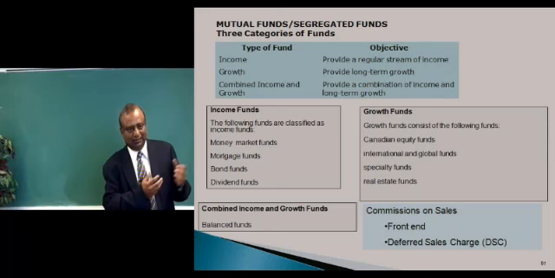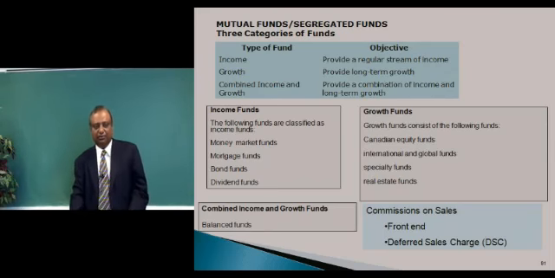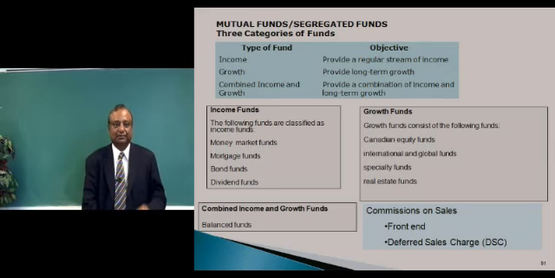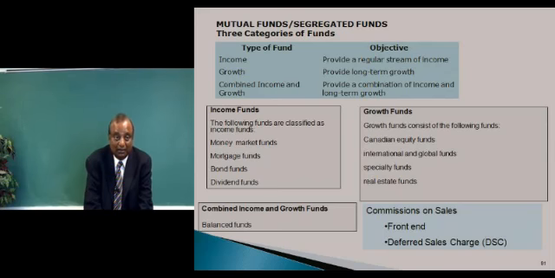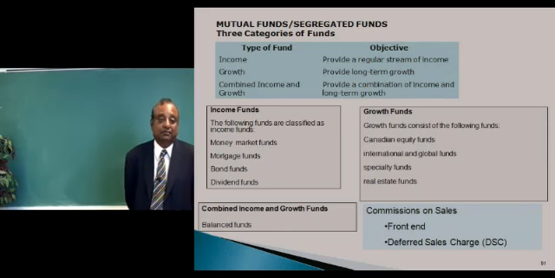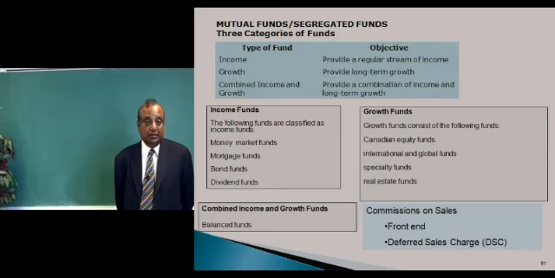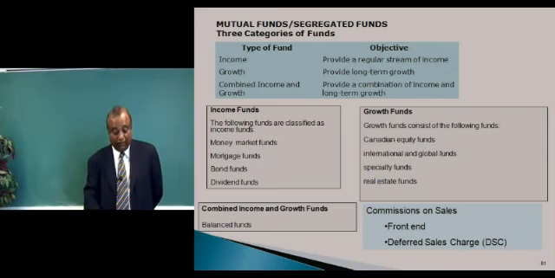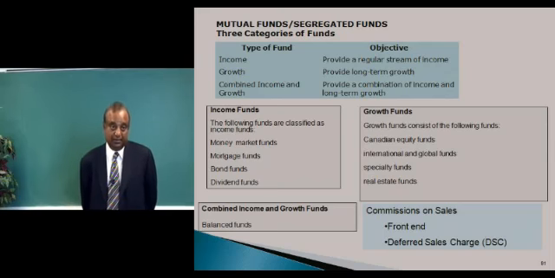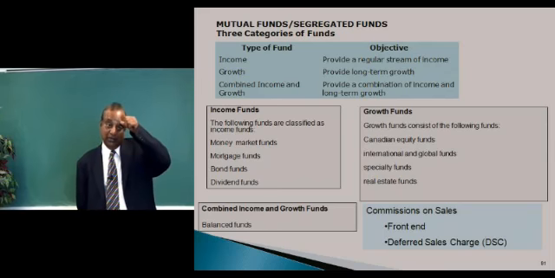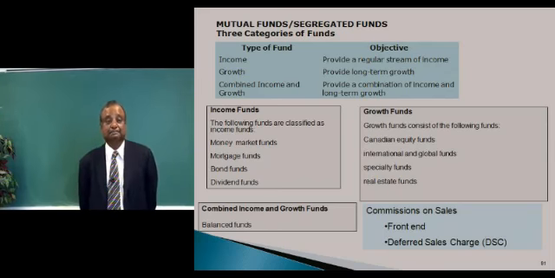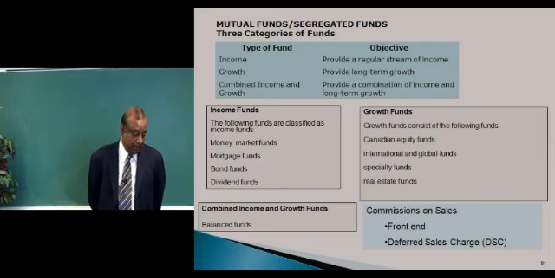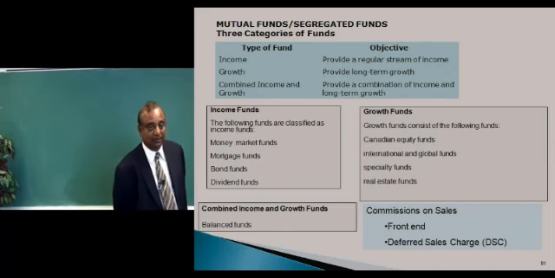The investor buys his shares or units at the unit price of the day. And how they decide the unit price is the value of the investments. The investments are valuated every day, typically end of the day. And knowing the number of units sold so far, they know the value per unit. That's called the net asset value per share. So you buy the units based upon the unit price of the day. When you sell it, whatever is the unit price, based on that, they will pay you back.